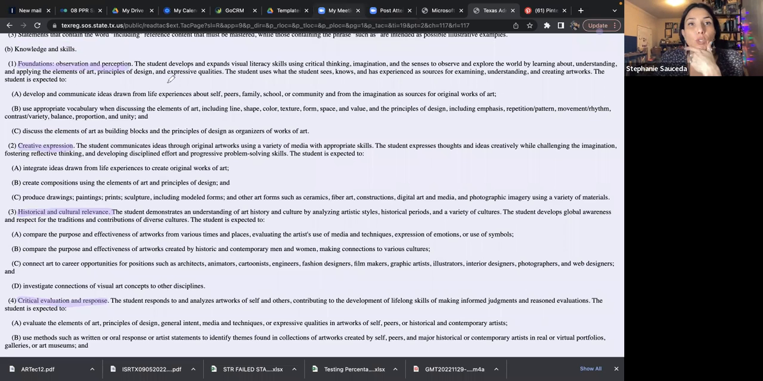Oops. Okay, so you have same here. The student develops and expands visual literacy skills using critical thinking, imagination. I'm just going to clear all these drawings. I can't move things on my screen unless that thing is cleared away, and it's just irritating to me. So,